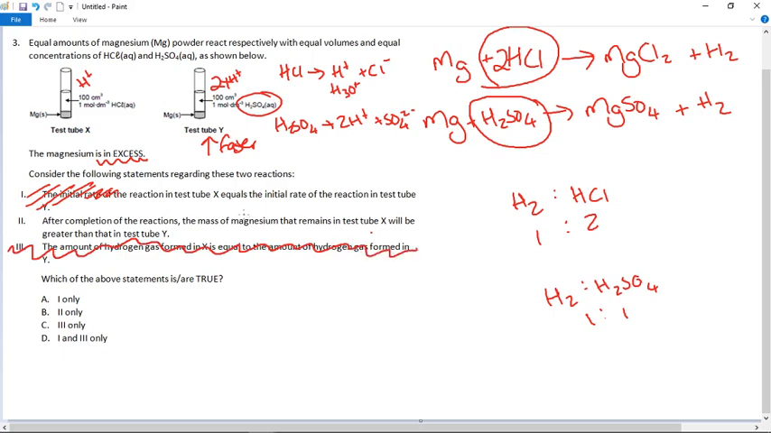After completion of the reaction, the mass of magnesium that remains in test tube X will be greater than that remains in test tube Y. That should not be true. This question should be B only, 2 only, because of your ratios here. In test tube X, test tube Y, if the reaction goes to completion,